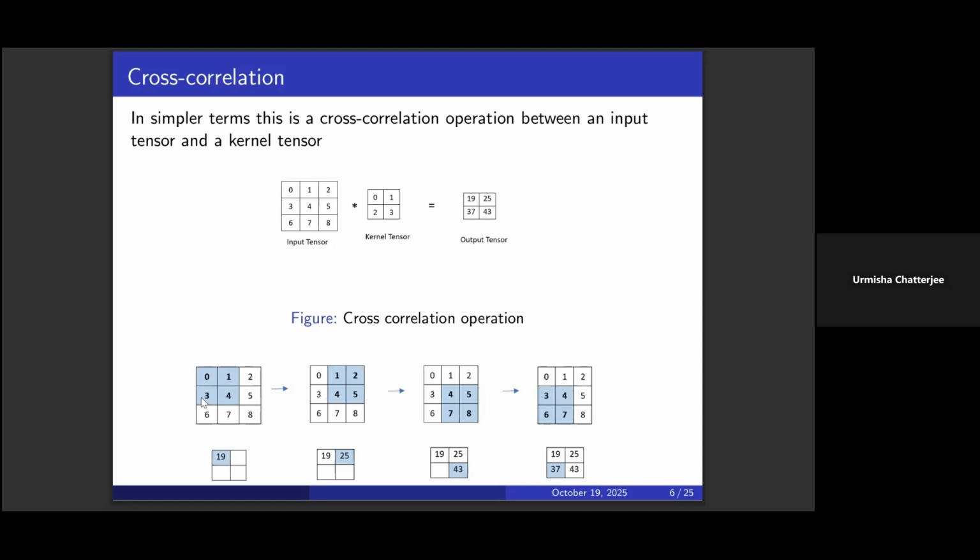If this is a 2 by 2 kernel, it considers a 2 by 2 area of the matrix, which is multiplied element by element with the kernel and then added. Here I have considered the bias term to be 0, not adding any bias at each operation. So this window is sliding and considers the smaller region, adds them up and gives a shorter representation. This is how the cross correlation operation is performed.